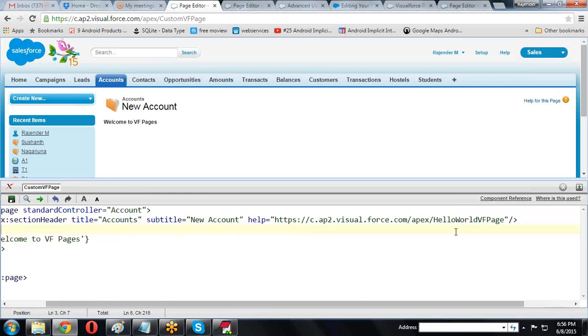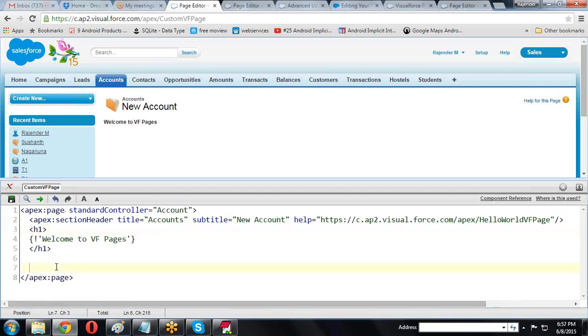Here I want to create my own help page. So here I'm creating some page blocks. Apex colon page block. In this page I'm creating page blocks.